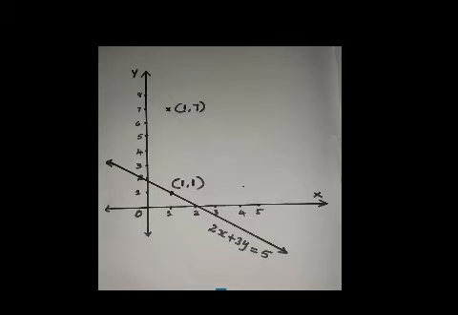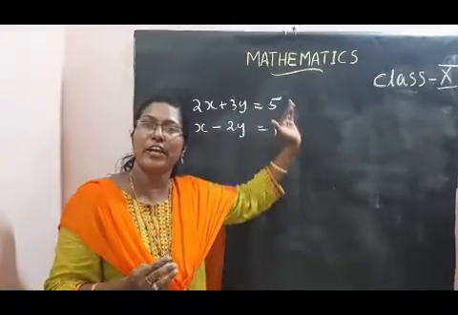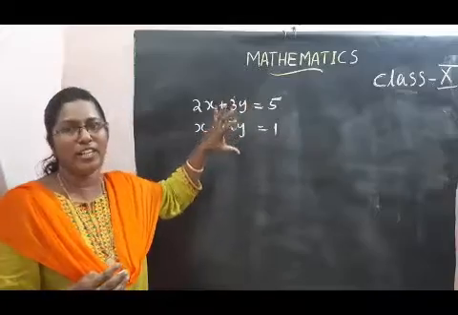Okay. Geometrically, we get a straight line. Look at this graph. What do you mean? It means that the point 1, 1 lies on the line representing the equation 2x plus 3y equal 5, and the point 1, 2 does not lie on it. So we can conclude every solution of the equation is a point on the line representing it. These type of equations are called the pair of linear equations.